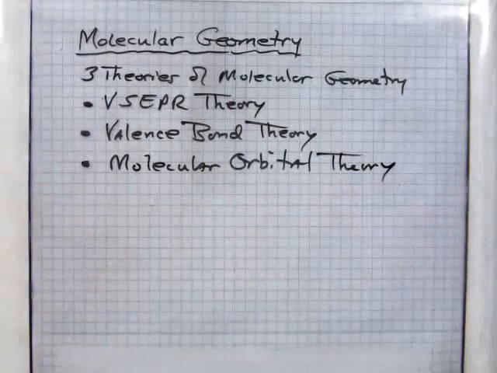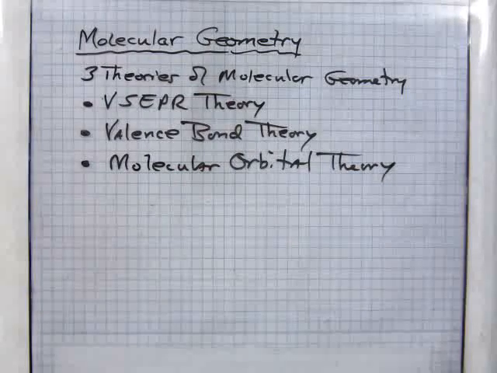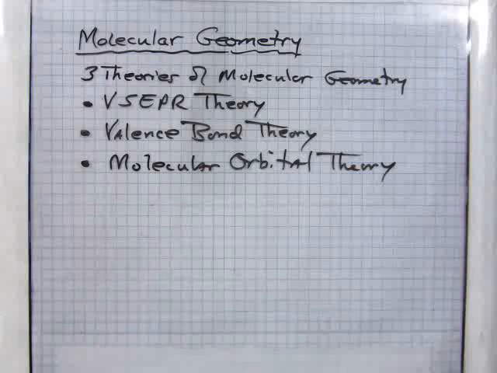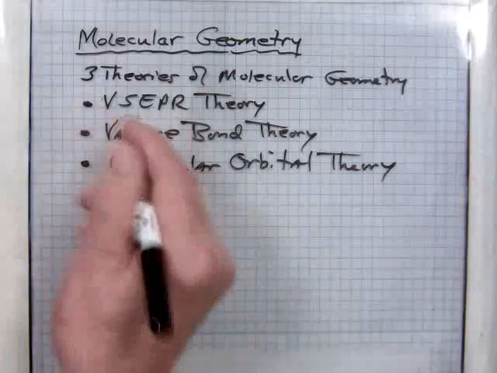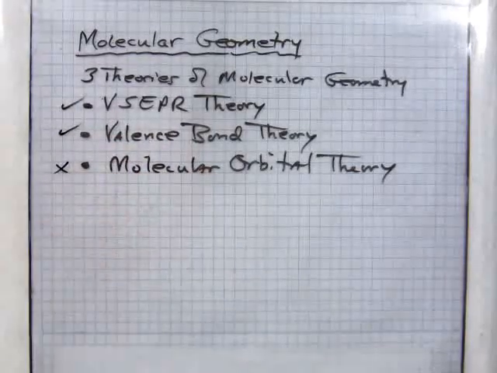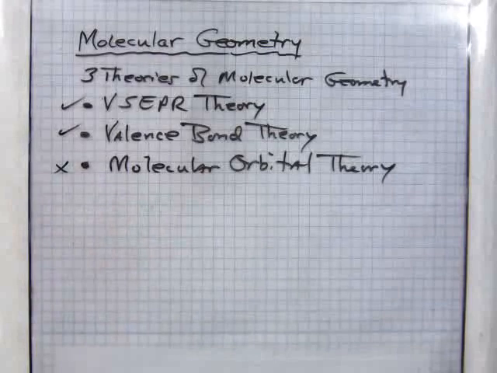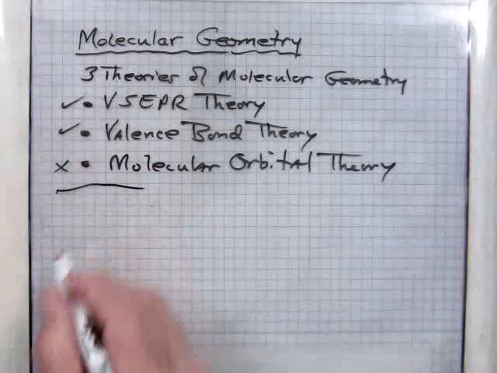Now, we have time to cover the first two, but the third one, if the circumstances present itself in a course in the future, then review it. It's not that big a deal. In my history, the VSEPR and the valence bond theory have sufficed to explain all of the molecular interactions and structures that I've always needed to deal with. At any rate, we will just focus on these two and leave that one off of the list for right now. Okay, so getting into the VSEPR,